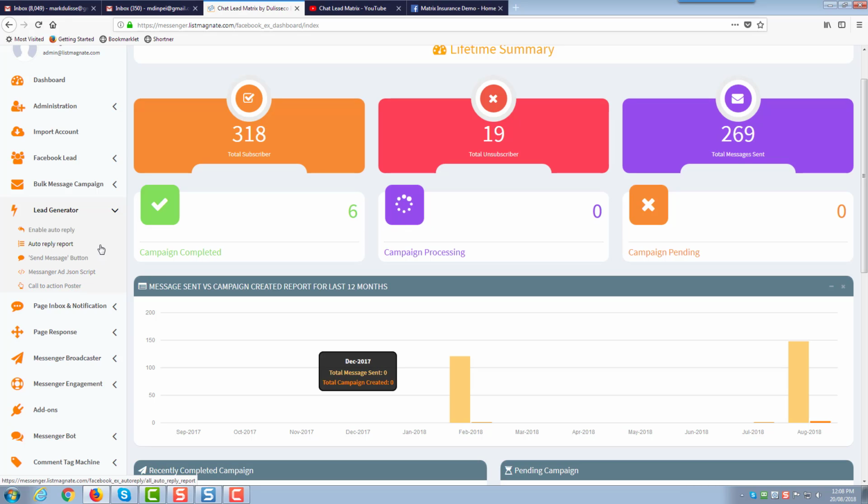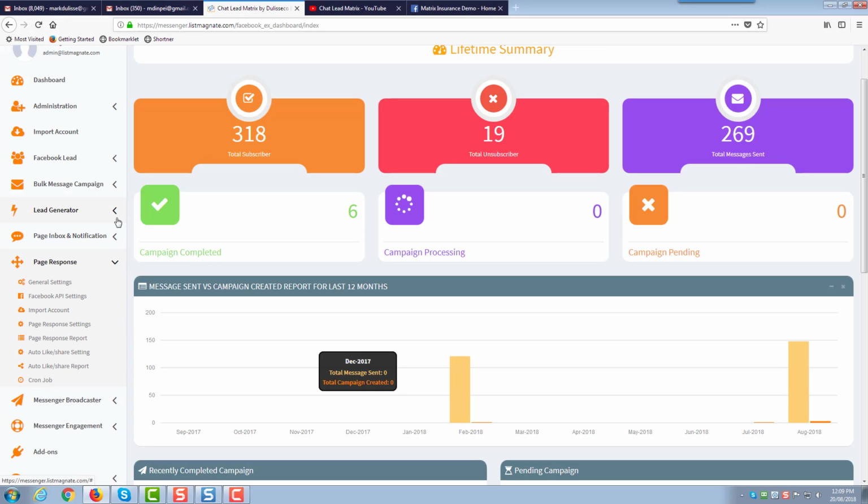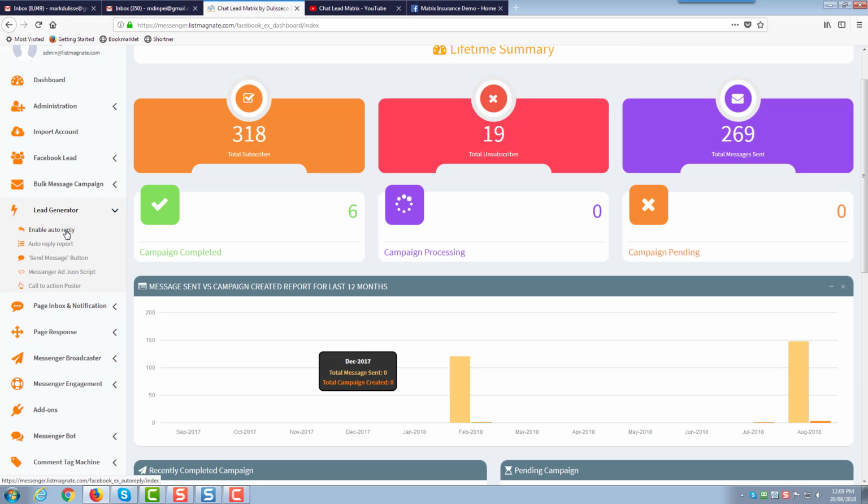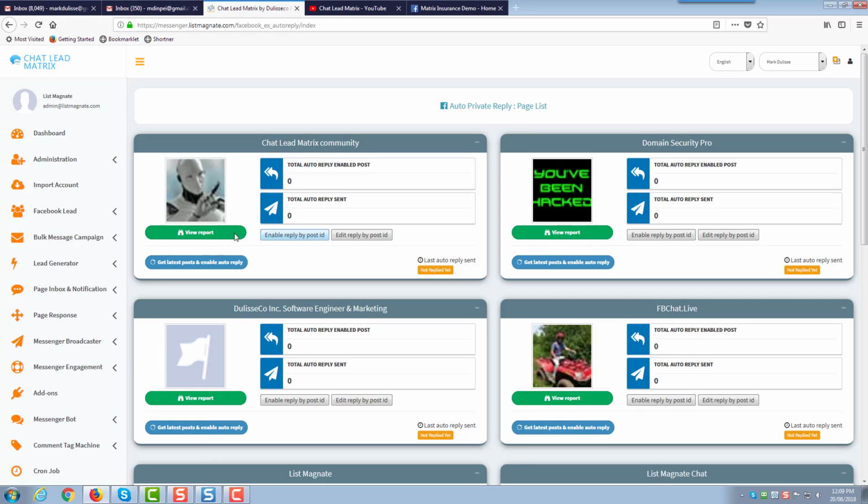So in this section, we're going to be going through the auto comment reply, and also anytime somebody adds a comment on one of your pages, they can automatically get a private reply to their messenger, and it'll add them to your subscriber list. Keep in mind that there's also something called page response. It's very similar to the comment auto reply. The difference between the page response and the auto reply is that with the auto reply you need to set it up on every one of your